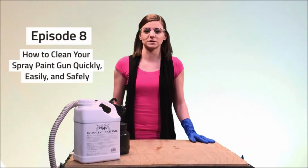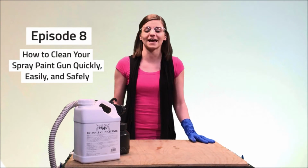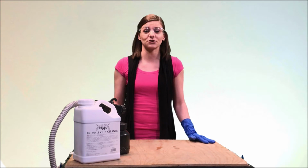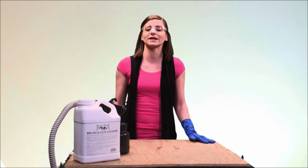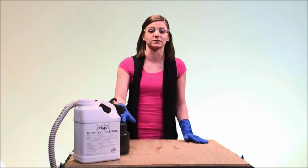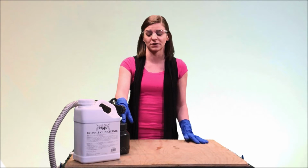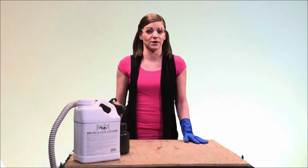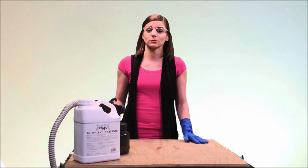Spray guns are wonderful tools for finishing a surface quickly and evenly, but cleaning them can be a bit of a hassle. Let me show you how to get the job started quickly and safely. The first thing you'll want to do is make sure you get rid of the leftover paint contents from the spray gun container. But before continuing, please make sure you wear the appropriate safety gear because you're working with chemicals